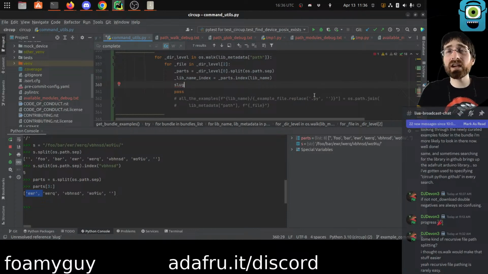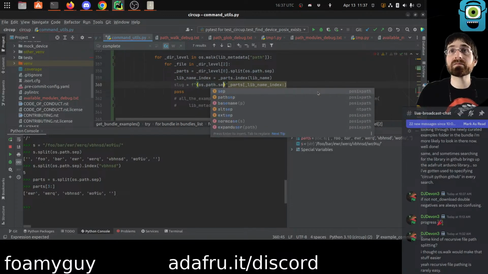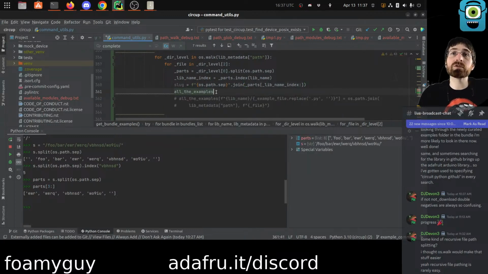I'm going to call it slug, as in the slug, the string that you actually pass to the command. It's probably not the best name. I don't know. That is going to be parts, and then libname index, and then colon, so that we slice off everything else. That is still going to give us a list, so we need to join that back into a string separated by the path separator. And then all the examples slug